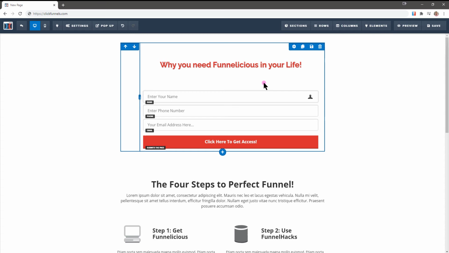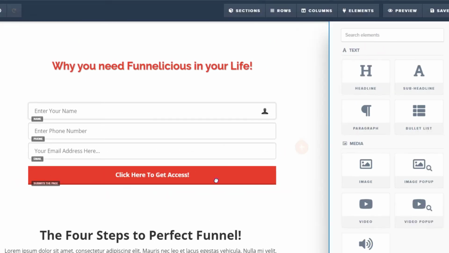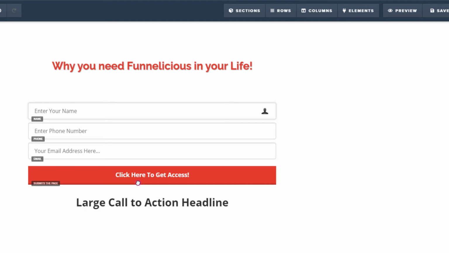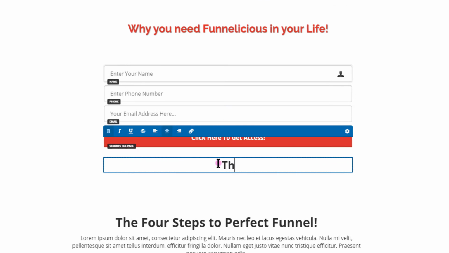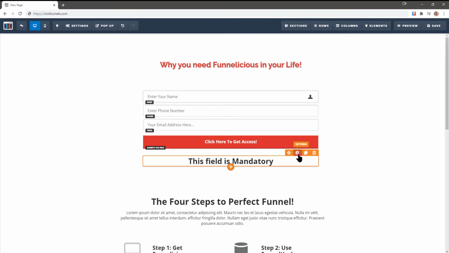Now, let's drag a headline element over to the page. You can place it anywhere on the page since it will be hidden to your users anyway. Here, you will type in a tooltip that you want your users to see. I'll enter something now. Okay, now that we have our tooltip text added, we now need to rename and link the name from the